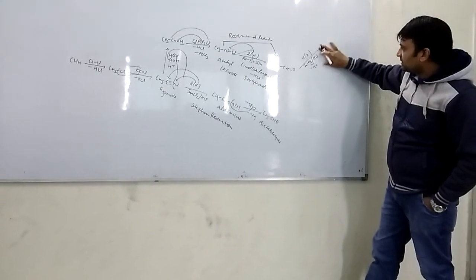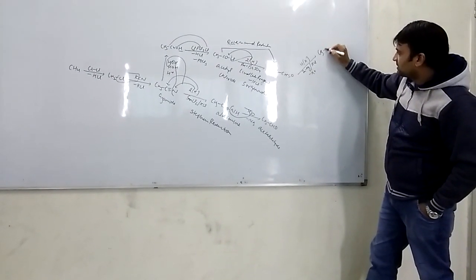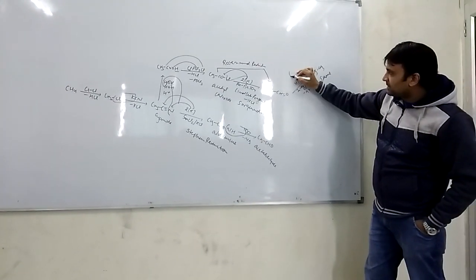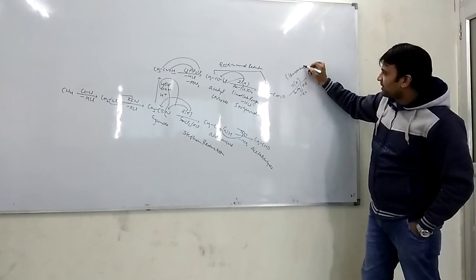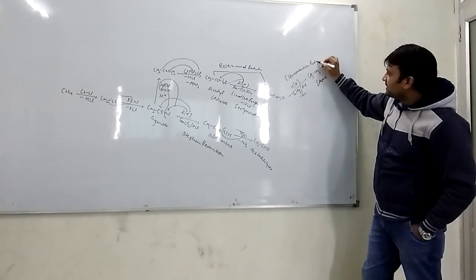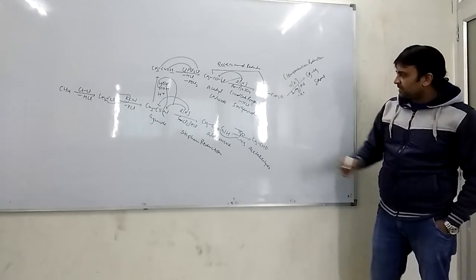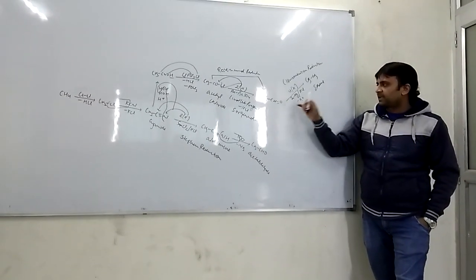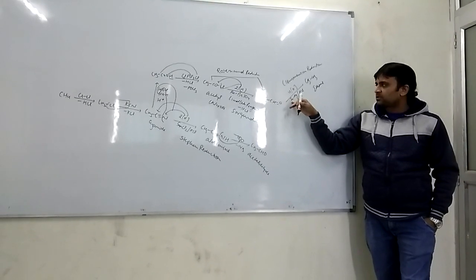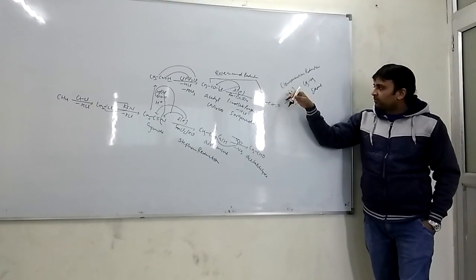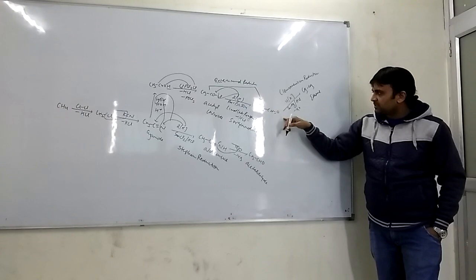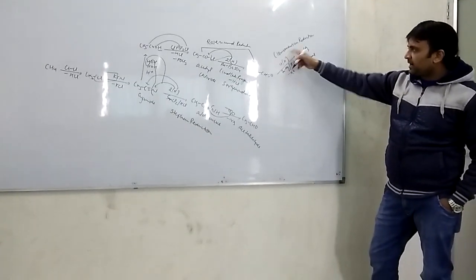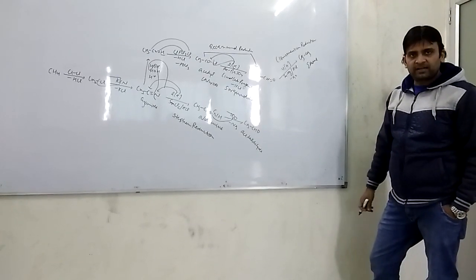So you will get CH3CH3, which is known as ethane. What is this? This is Clemmensen reduction, the conversion of aldehyde into alkane. This is aldehyde, this is alkane. It is the reduction in presence of zinc amalgam and HCl. By the release of water, oxygen is removed and two hydrogens are attached. It is converted into the alkane, and the reaction is known as Clemmensen reduction.